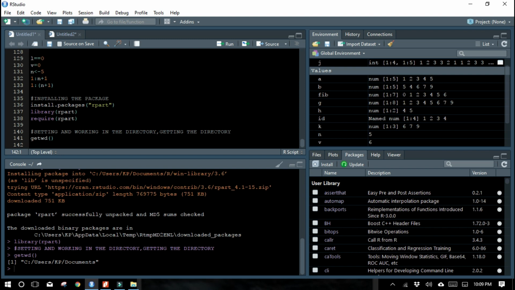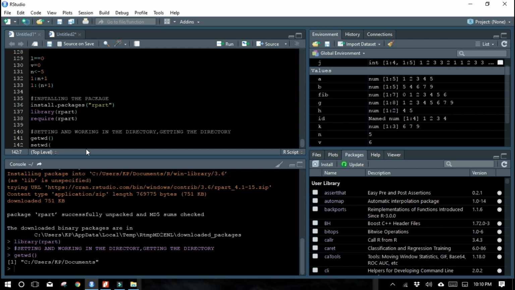Now I don't want to save all my R scripts or results in this directory, so I want to set my own directory. So I have to give the command setwd. If you give setwd, then inside the braces you can give wherever disk you want to store. In Users, some documents I have stored. So in C disk, or D drive, or F drive, if you want to store, that should be defined over here. So this is how you have to set and get the directory.